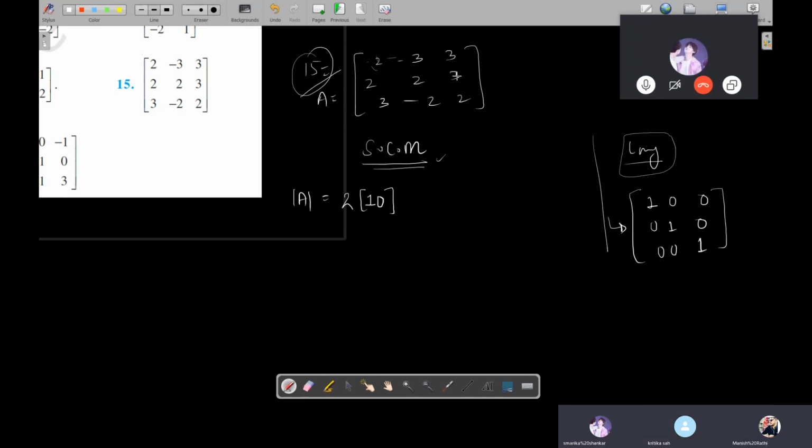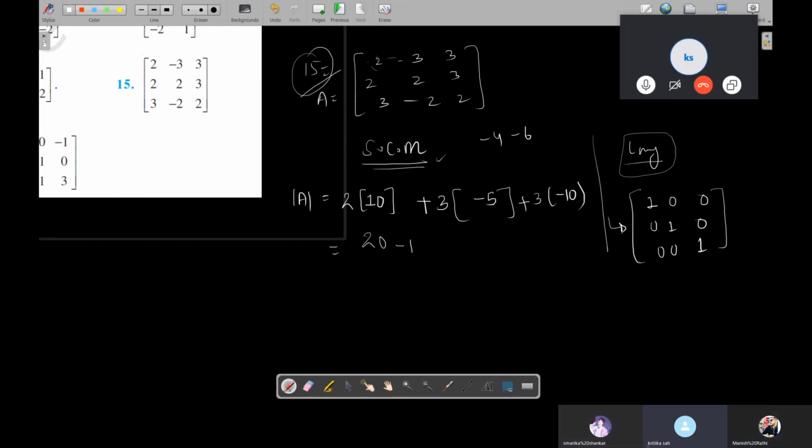2 times 4 plus 3 times 6. Now plus, then I need to change the sign. So minus into minus becomes plus 3 times. I need to hide its corresponding element. So it will be 2 times 4 minus 3 times 9. The answer is minus 5, plus 3. If I hide this element, minus 4 minus 6, so I will get minus 10.